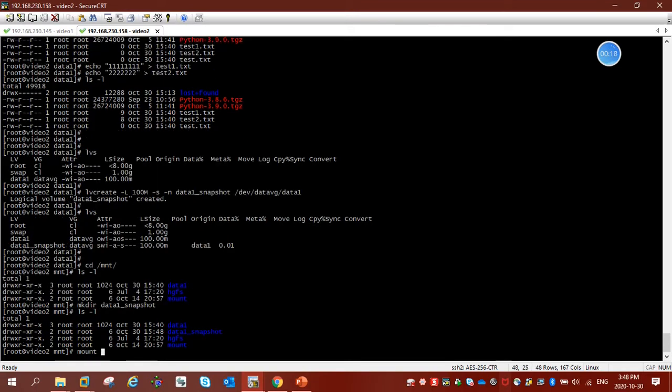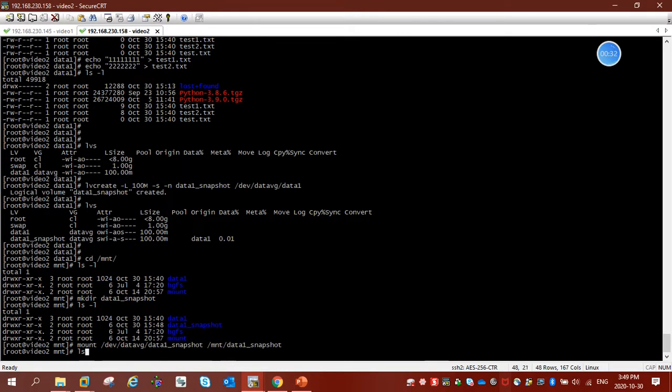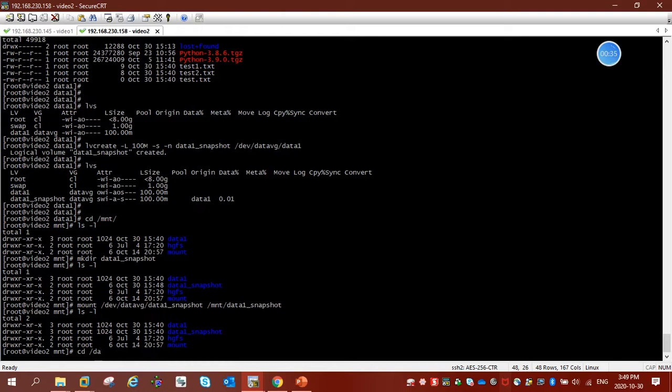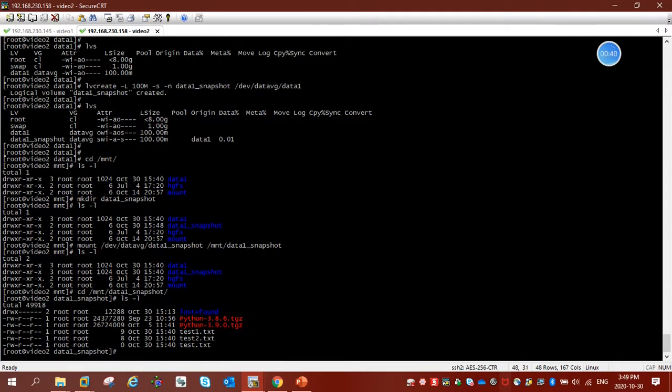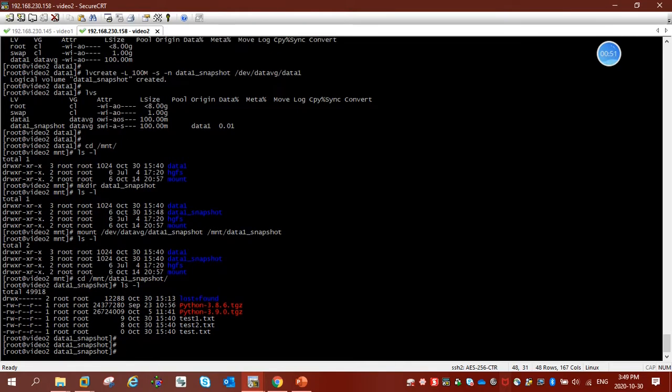And we can directly mount the snapshot volume onto this data1 snapshot under /mnt/data1_snapshot. And then let's go to the mount point to check the files. And we can see that the files under this snapshot are exactly the same as those on the original logical volume. So at this moment, we can see that the snapshot is actually the full backup of the